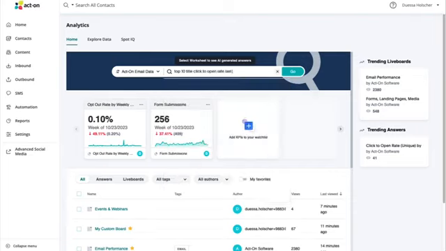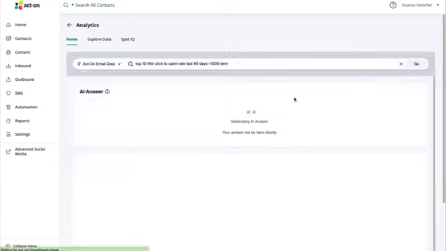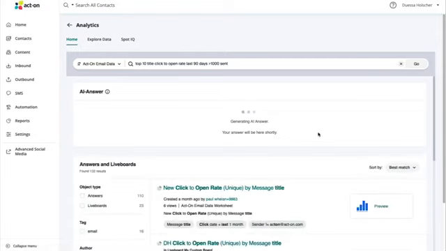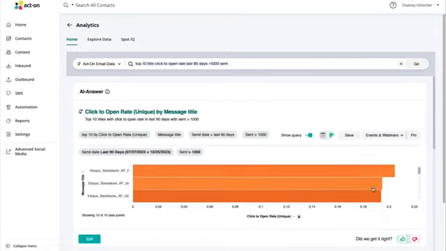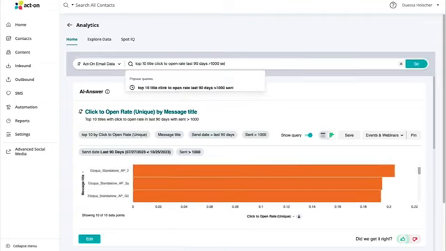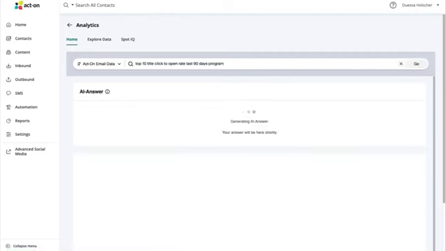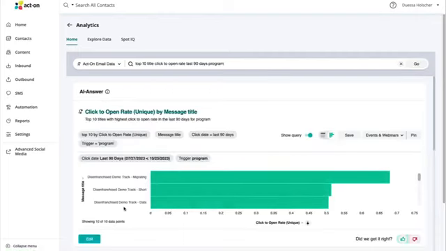Say, what are my top 10 messages with a click-to-open rate in the last 90 days? And let's make it more than 1,000 sent. Okay, so now we see some of our major campaigns, and one of our top messages is part of this nurture program that seems to have pretty effective results. We can compare to all of our program messages and see from that our disenfranchised program seems pretty strong with